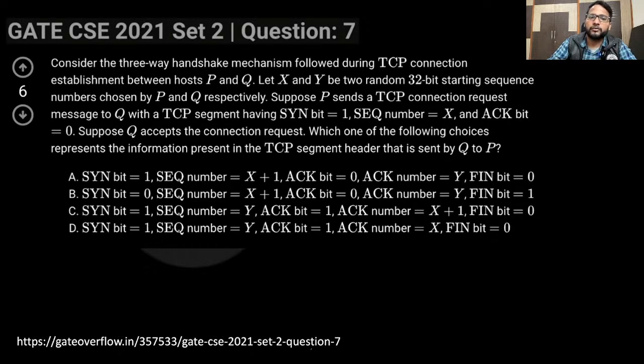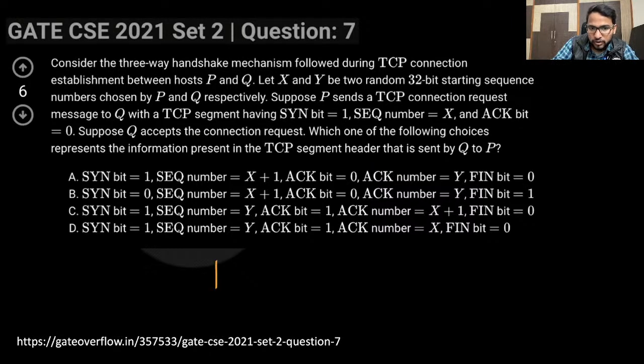So let's solve this question, which is a very recent question, asked in 2021. Now what they are saying: consider a three-way handshake mechanism during the TCP connection establishment between P and Q. Let X and Y be the two random 32-bit starting sequence numbers chosen by P and Q respectively. Suppose P sends a TCP connection request message to Q with a TCP segment having SYN equal to 1 and sequence